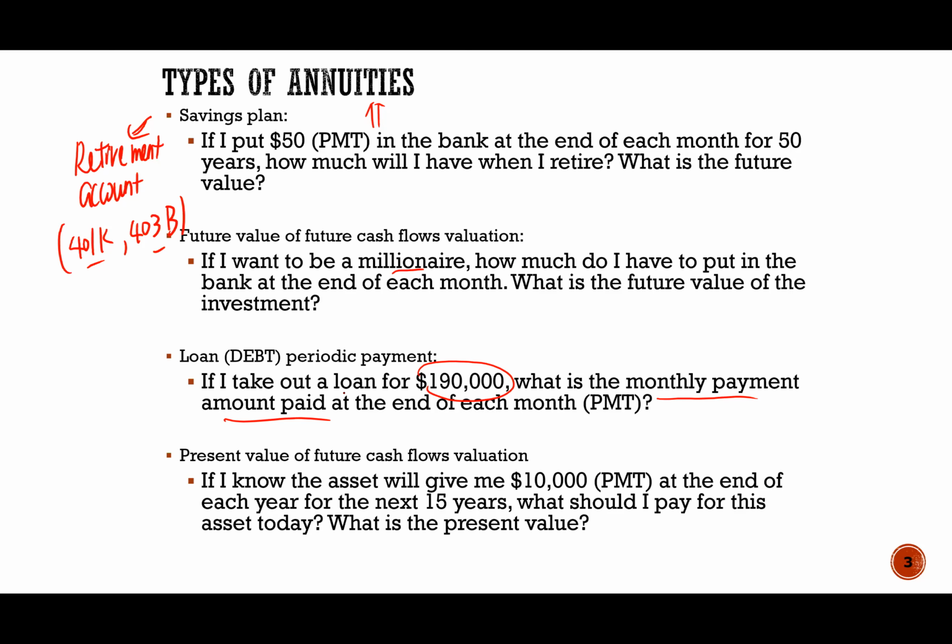And also, let's say some asset will give you $10,000, a regular payment at the end of each year for the next 15 years. And this is a trust. A lot of trusts work this way, right? Let's say your grandparents have a lot